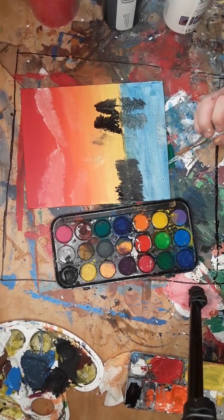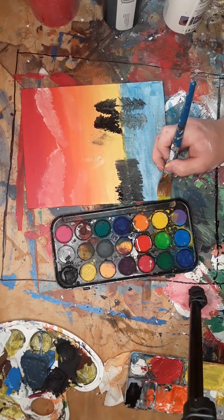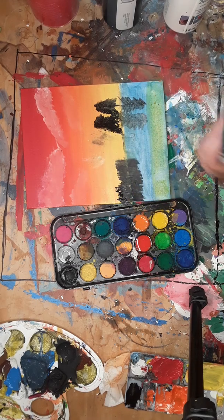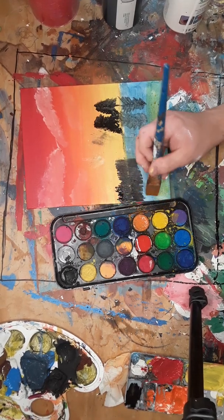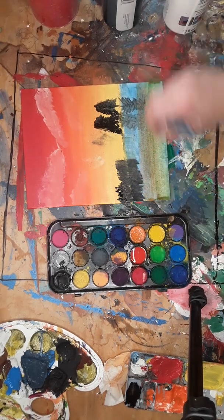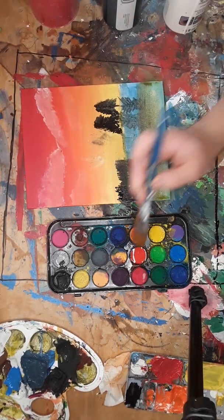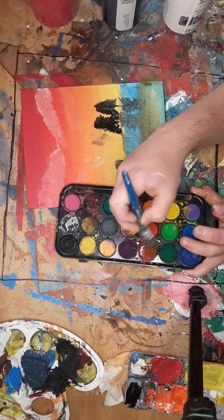So, for here, I'm not going to use that. We're going to use the yellow. We're going to use this orange. Blend them. And the red, we're going to use the red because these are already dry. We may have to do the trees again, but that's fine. We're going to use this other red because that's getting a little thin. And